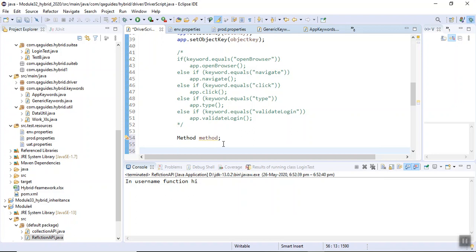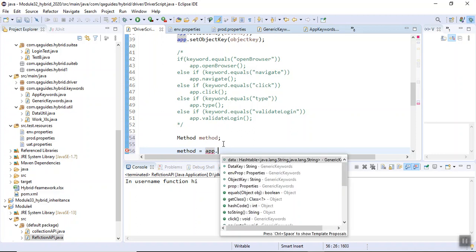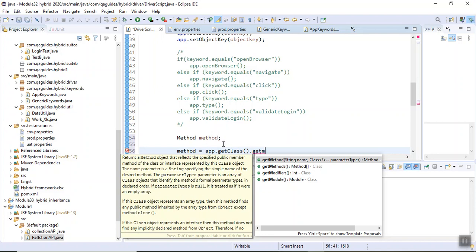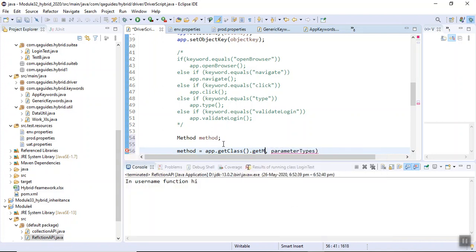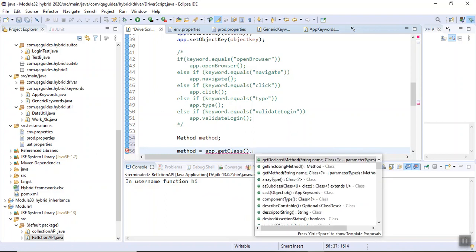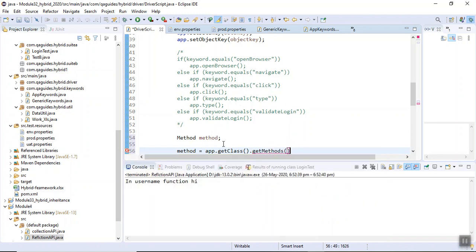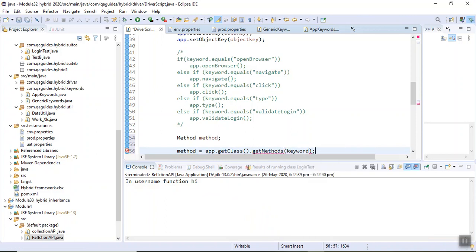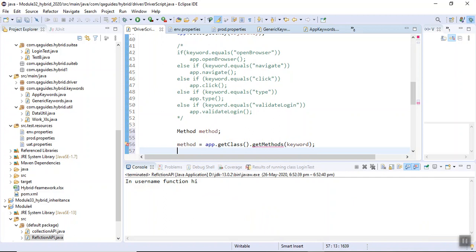java.lang.reflect, import it, and then method equals app dot get class dot get method, and give the method as keyword. Hmm, some issues are coming.